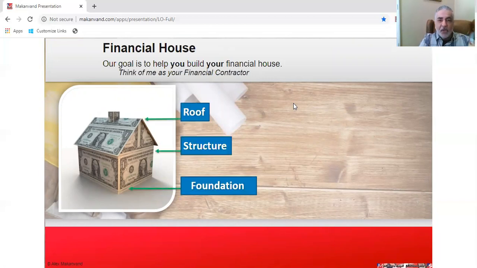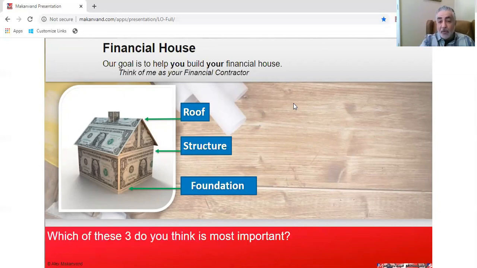Now, if I were to ask you, which of these three, John and Mary, do you think is the most important in a building, in a structure? What would you say? Exactly, foundation, right? Most people have always answered that. To me, they always say foundation. No one's ever gotten this wrong. Well, now, what if I was not just your regular contractor, but your financial contractor? I would still want to build you a financial house, and the financial house also has three parts.